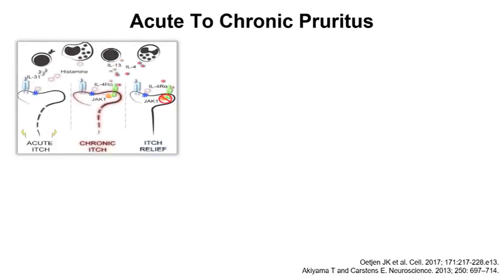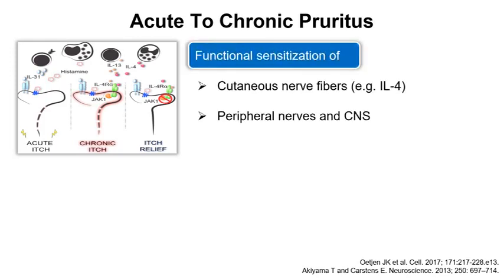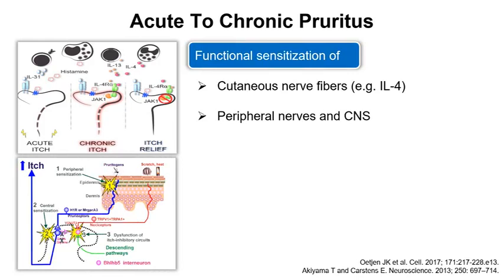Yeah, to summarize our pathophysiology, this was a very brief insight into that. We could discuss this much longer, but we have important steps in the chronicity from acute to chronic pruritus, and this is functional sensitization. I showed this for the skin. I showed you the interleukin 4 effect. This refers to cutaneous nerve fibers, but this is also true for peripheral nerve fibers and the central nervous system, that we have there functional sensitization. And it's not only due to interleukins, but also due to scratching. And this was demonstrated by the working group of Gil Yosipovitch from Miami.